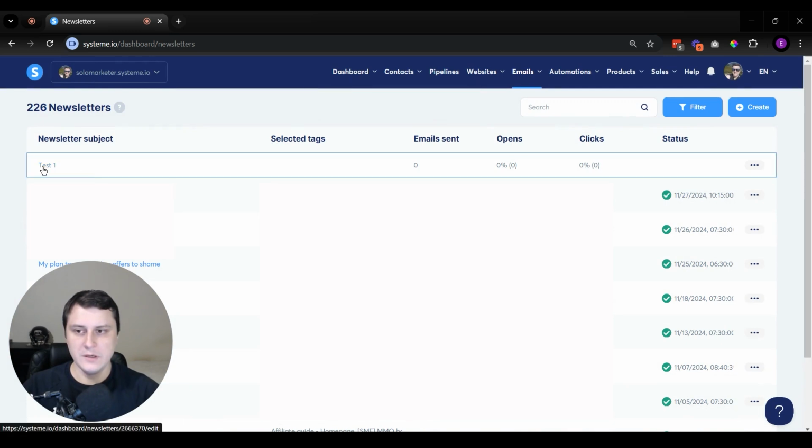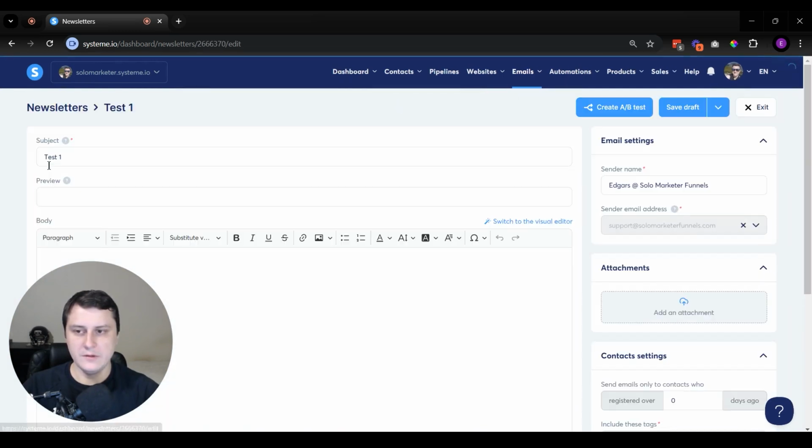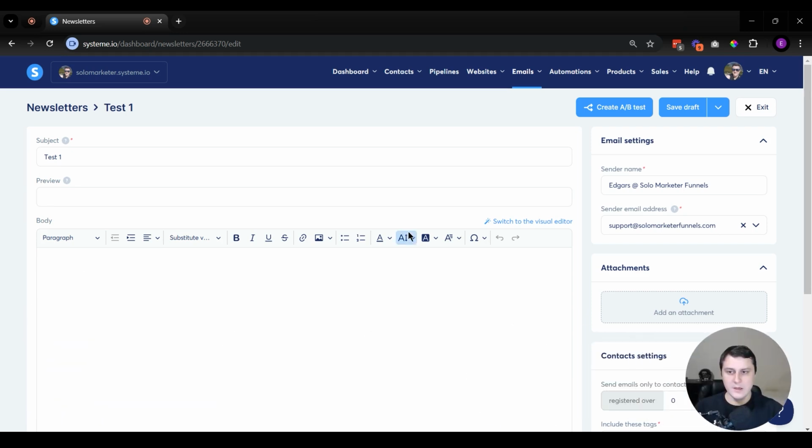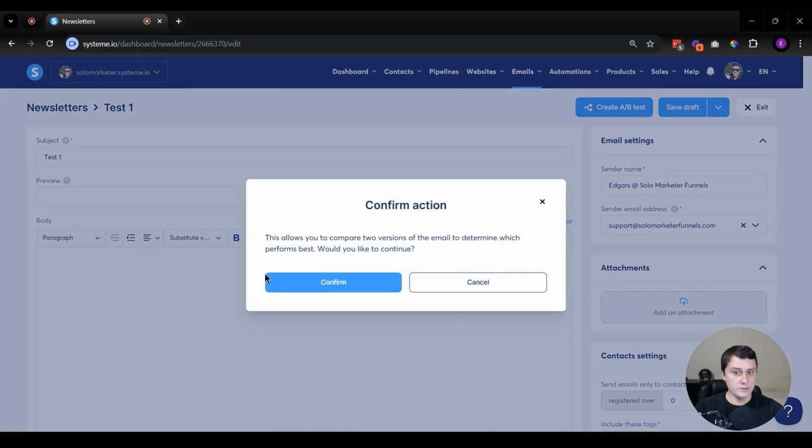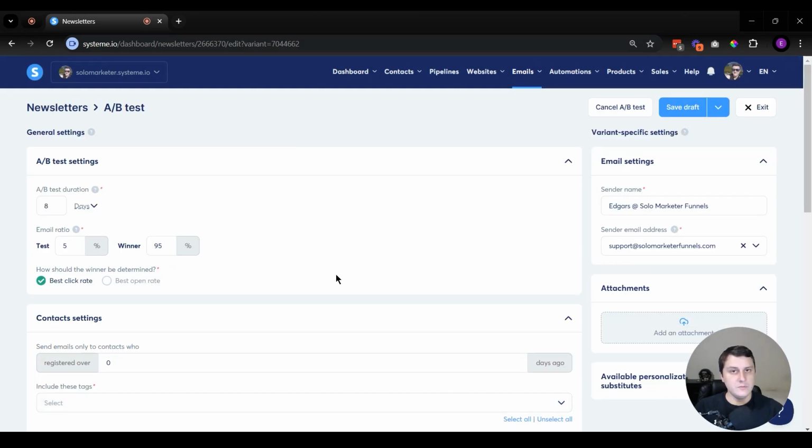So you can see it's over here. Let's click on the newly created email, and let's minimize my face. Let's drag it away. So now you can see nothing has changed. You can send out your email, include or exclude tags. That's all the usual. But over here, you can see create A/B test. If you click on it, it asks you, are you sure? You click on confirm. And now we're going to be creating two versions of the same email